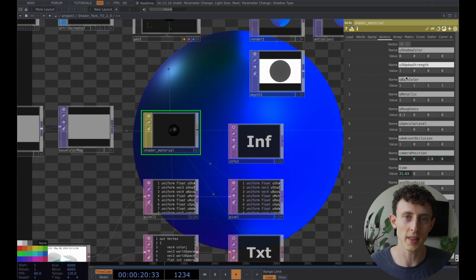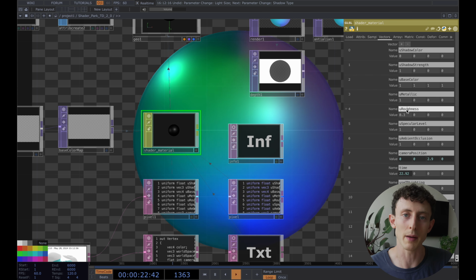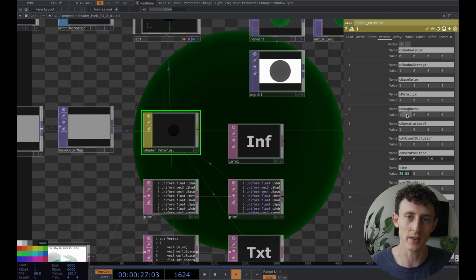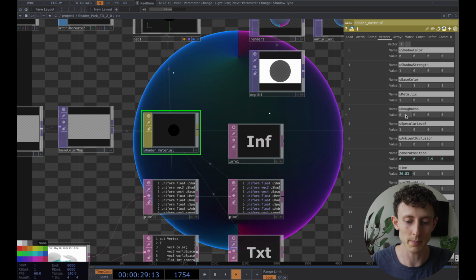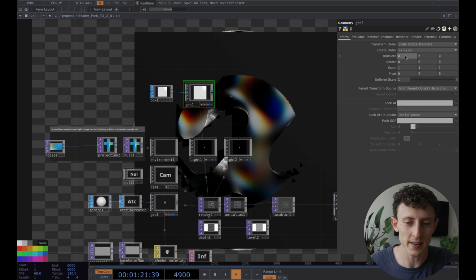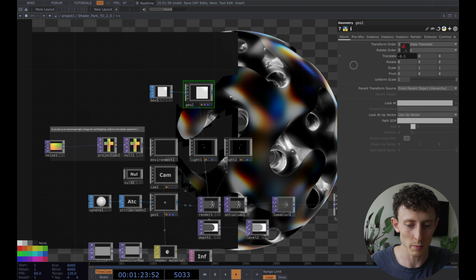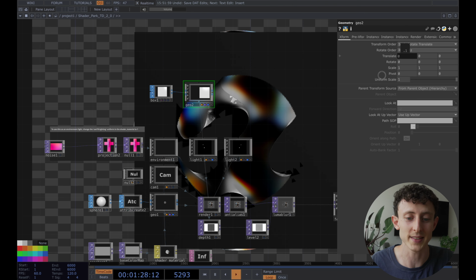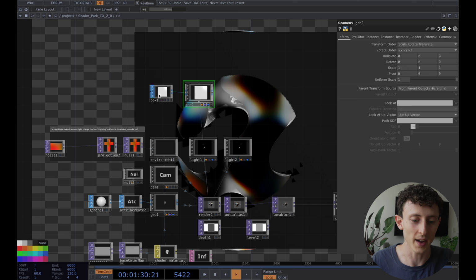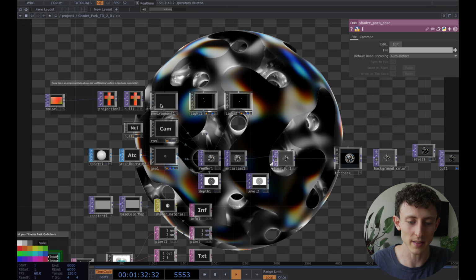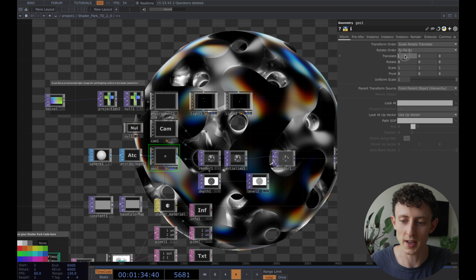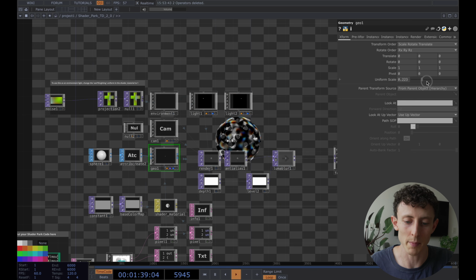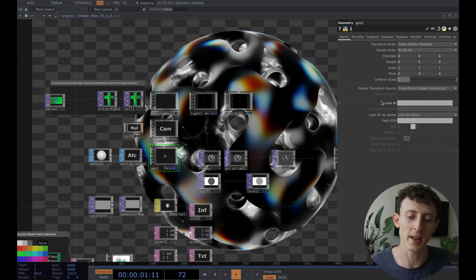TouchDesigner. The other big feature is that the Shader Park objects will now interact correctly with other geometries that you're rendering within TouchDesigner. So for example, if I put another piece of geometry in, it will actually intersect and occlude with the other objects in the scene, which is great. And the other thing too is that you can now take the Shader Park geometry and you can very easily move it around or scale things up and down within the environment to just make it a lot easier to